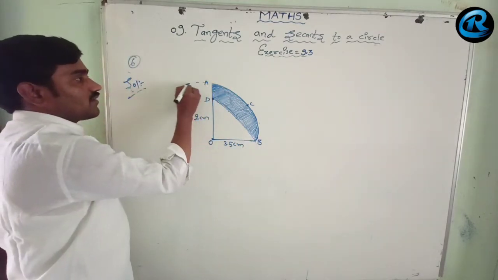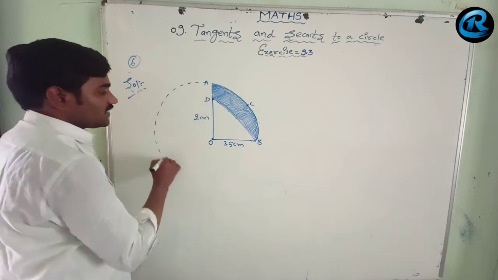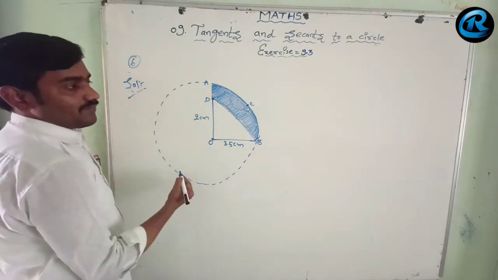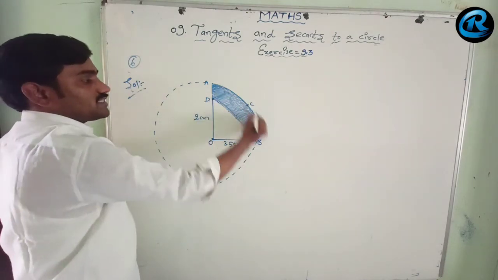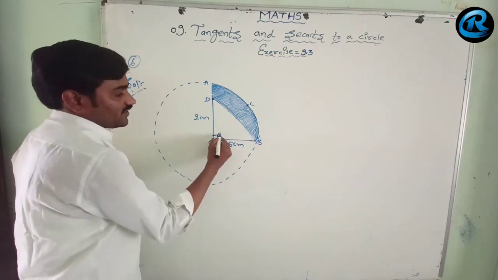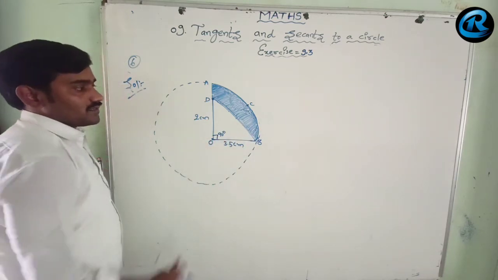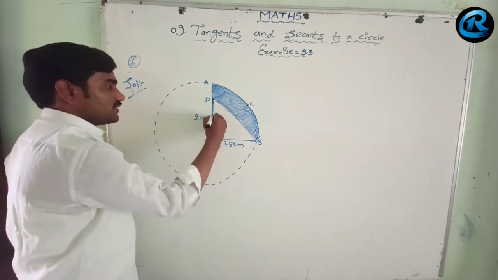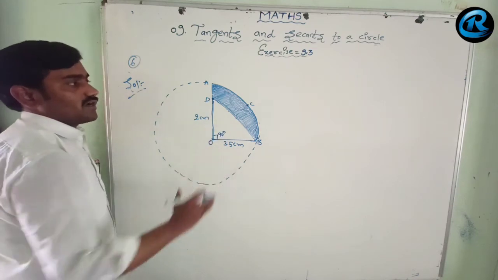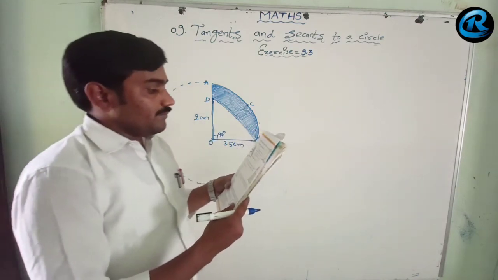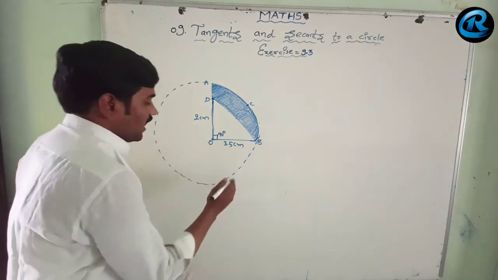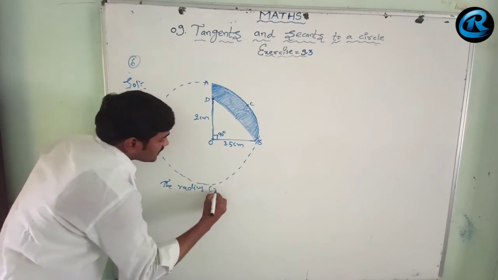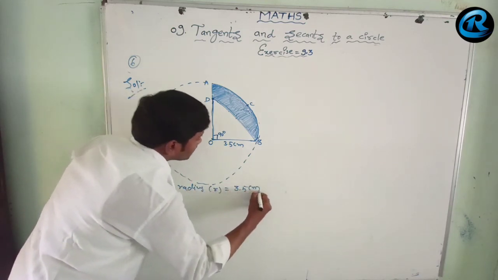That means quarter circle, 1/4 of the circle. If you draw a circle, you will understand like this. Now it is only a quarter circle. OACB is a quarter circle, so definitely it will be 90 degrees, no? Yes. It is a quarter circle with the center O from the complete circle, of radius 3.5 centimeter.